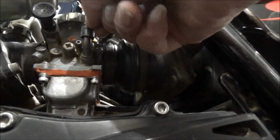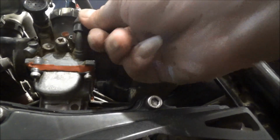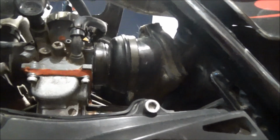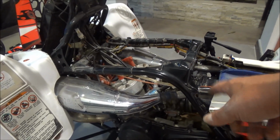Also the other fuel line. Pull the clip back. Oops. Cool. So I need to reinstall the fuel tank, connect the fuel line, make sure there are no fuel leaks